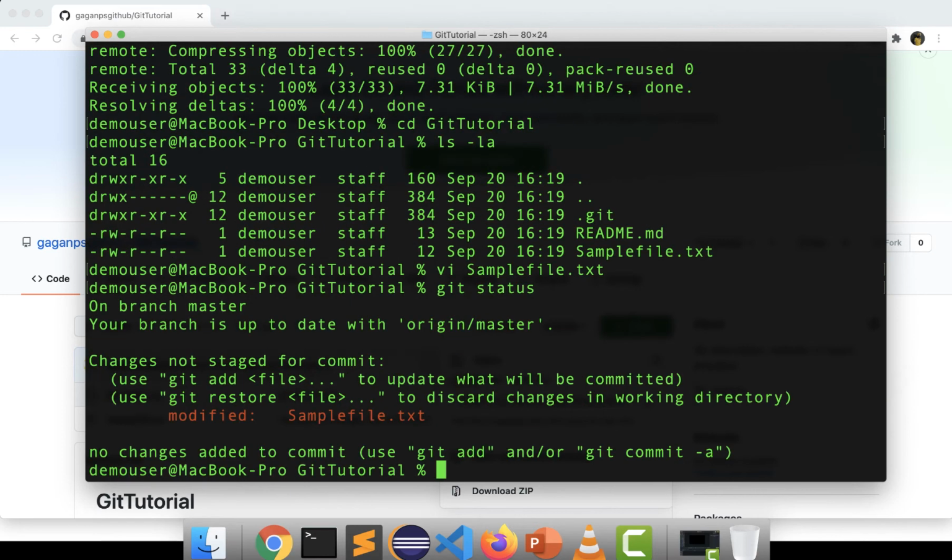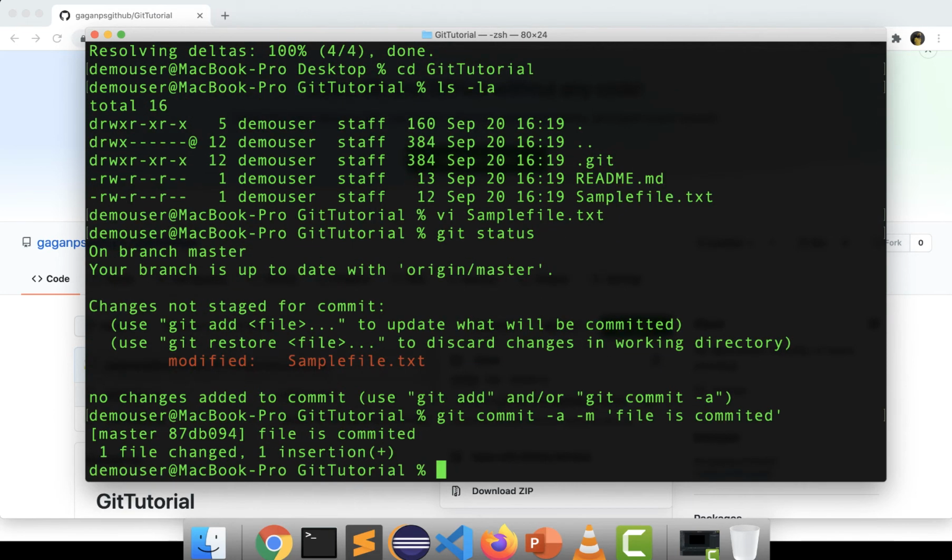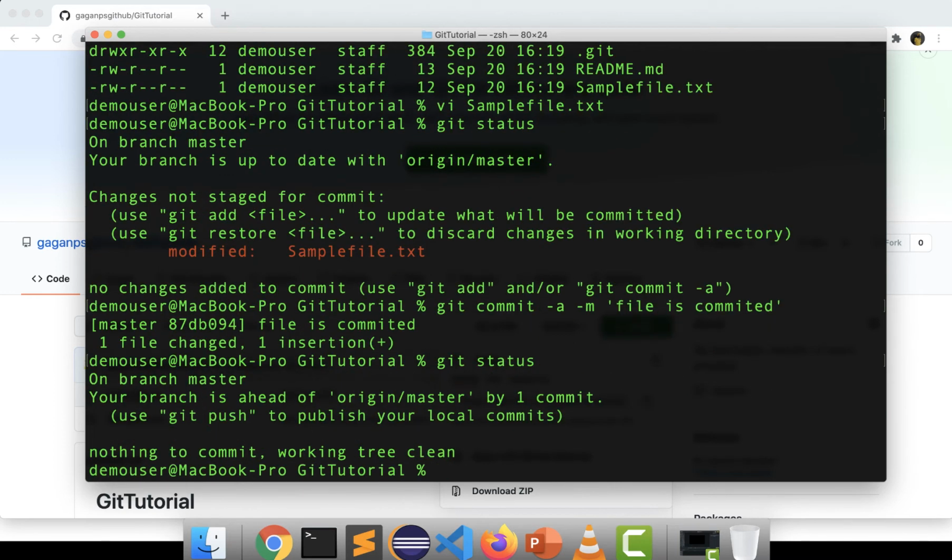Now when we do this, you can see this file is modified and has to be tracked. I will add it to the staging area and then commit, or I can just use a direct command, git commit with -a, in which it's directly added to the staging area as well as moved to commit. So I will do a git commit with -a. And it is done. Now if you see the status, this is all on track, meaning the local Git repository is on track and everything is now pushed to your local Git repository.